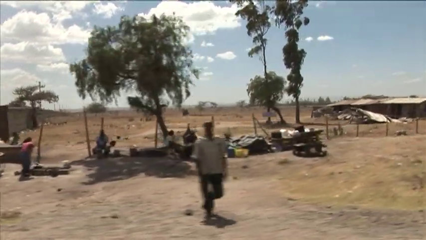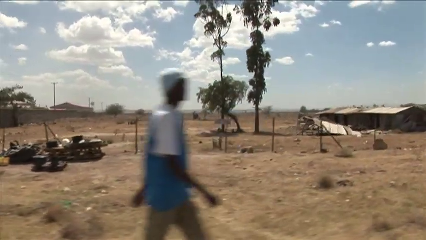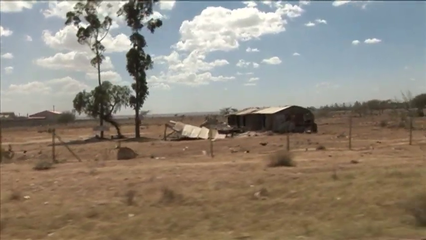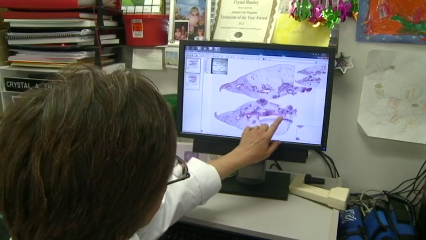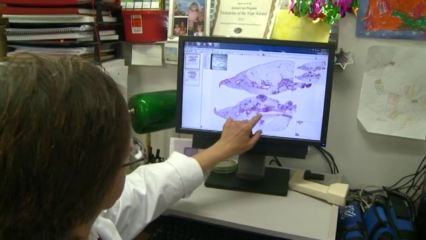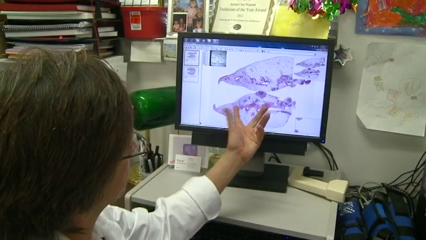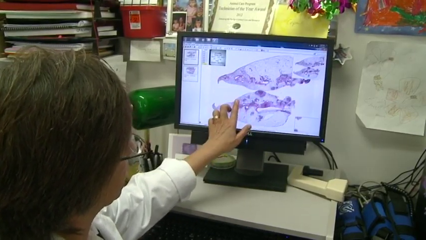As a young infectious disease fellow, I really had a fortunate opportunity to do a Fulbright scholarship in the country of Zambia in Africa. And that really opened my eyes to this dual epidemic of HIV and tuberculosis. In lesions surrounding the airways, which is this clear space here, you can actually see a nice demonstration of the airways branching like a tree branch off into the periphery of the lung.